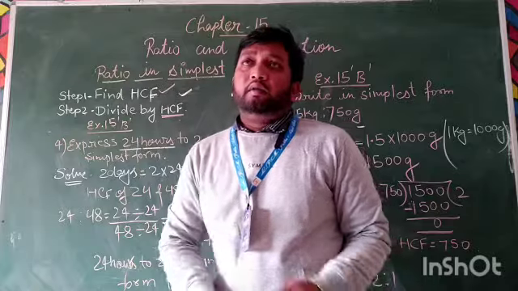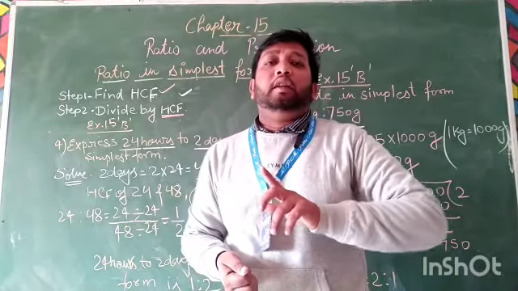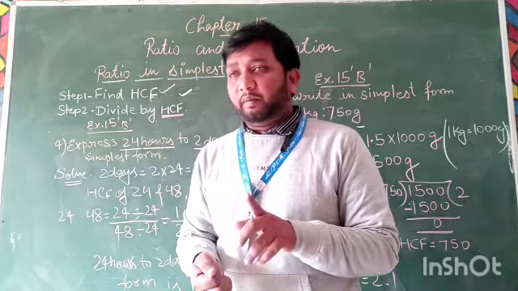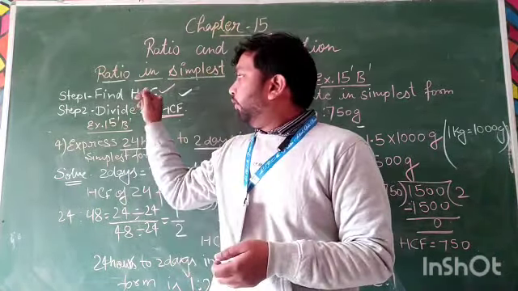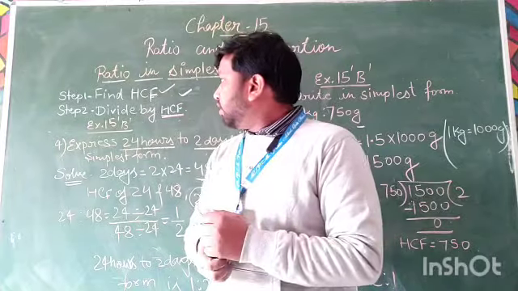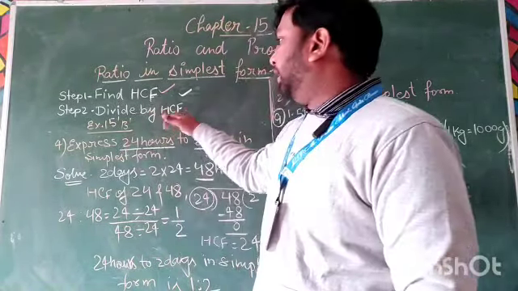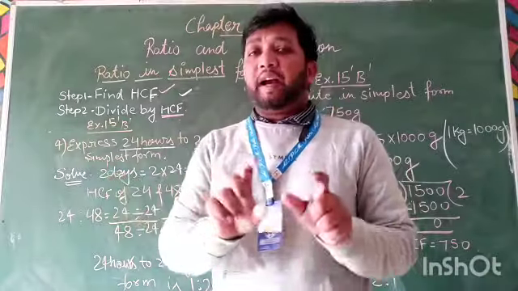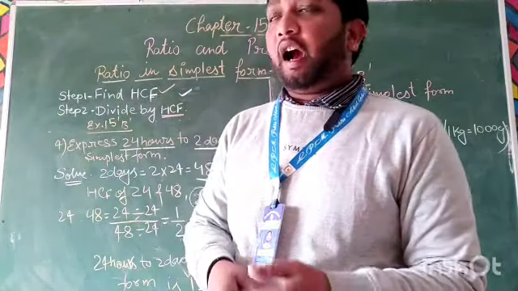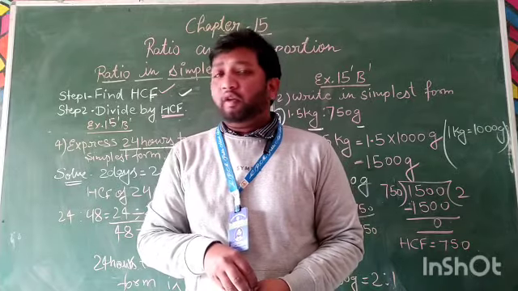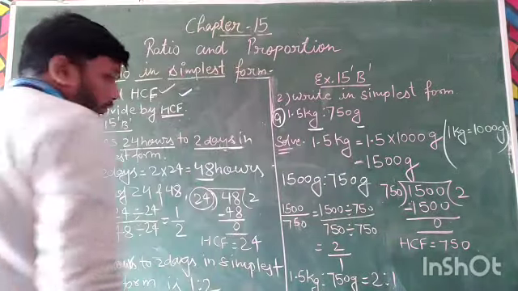Now the first condition is over. The units of both quantities must be the same, and there are two main steps. First step, we find the HCF of both the quantities, and the second step is we divide both the quantities by their HCF. This is how we find the ratio in its simplest form. Moving further,